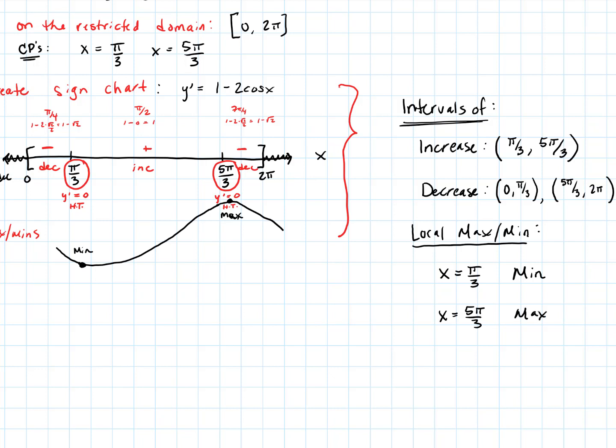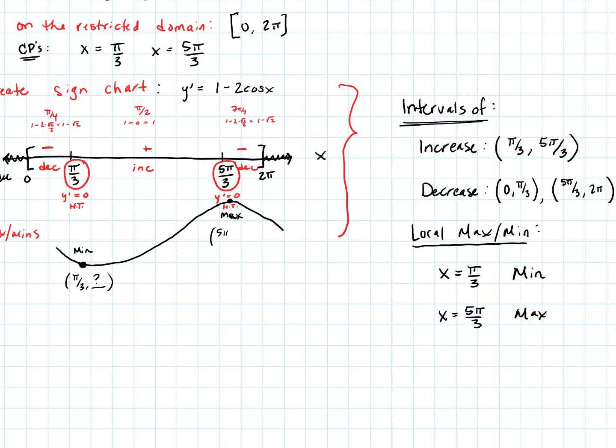Now, I am going to plug those into the function, but I'm going to do that at the end after we've gone through the second derivative and identified inflection points as well, because I would like to organize this in a table. We're going to need to plug those back into the original function to figure out what those actual ordered pairs are, because this is an ordered pair, pi over 3, comma, we don't know yet,